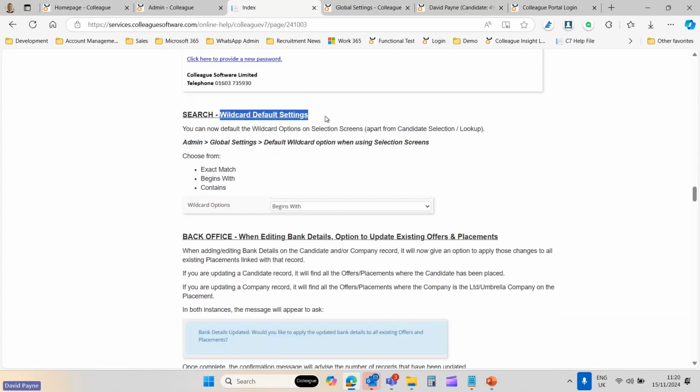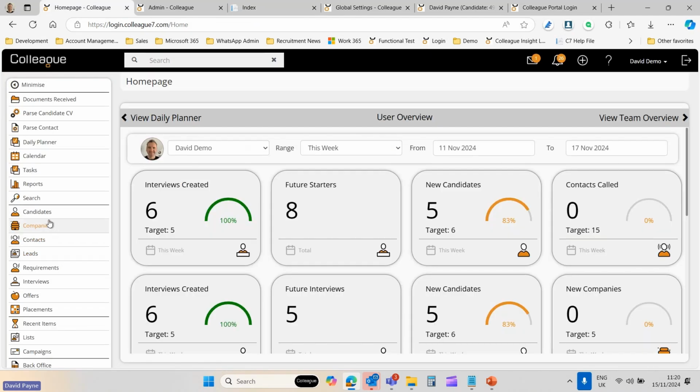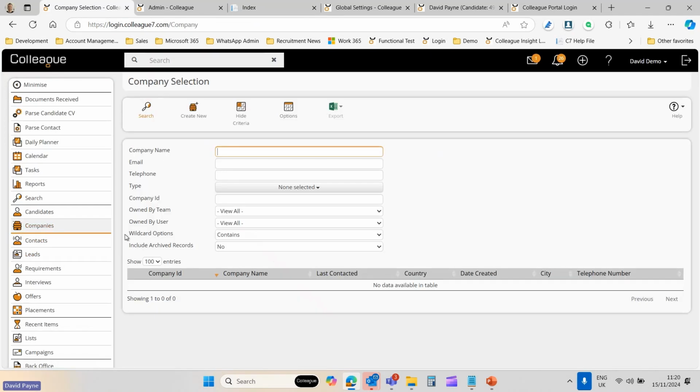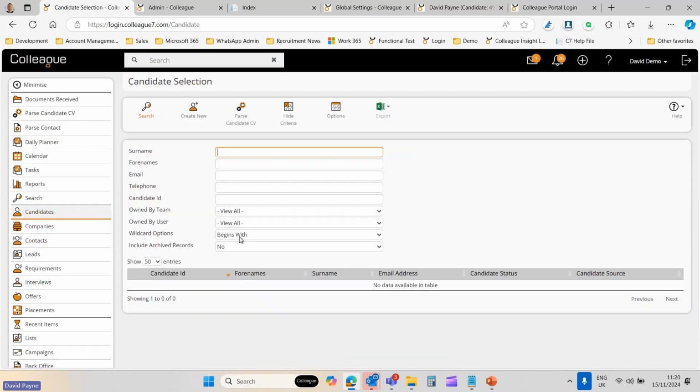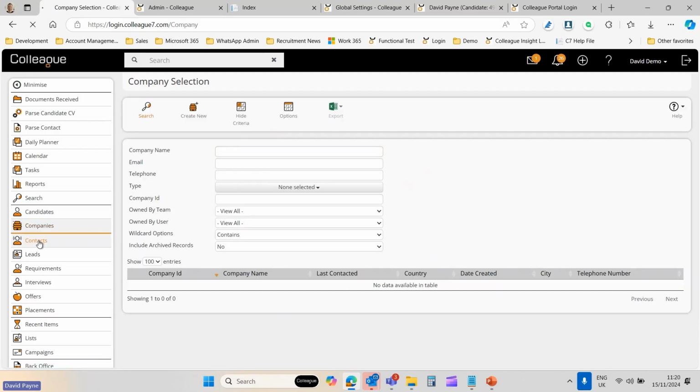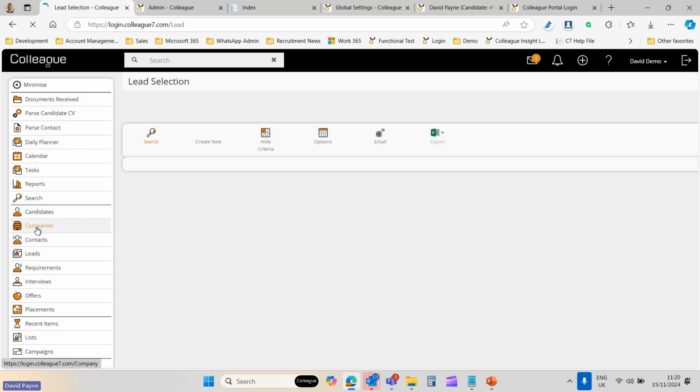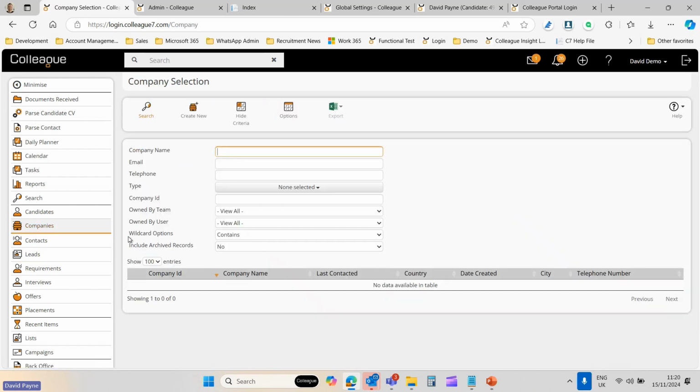Next one along is wildcard default options. On all of the selection screens except for the candidates one, the candidates one has exact match and begins with, because the candidates selection lookup uses free text searching as part of searching over the candidates one. That's because the candidates one tends to have a larger data set associated to it, so it's done that way on purpose. But for companies, for contacts, for leads, for requirements, basically when you're doing any searching, you've got this